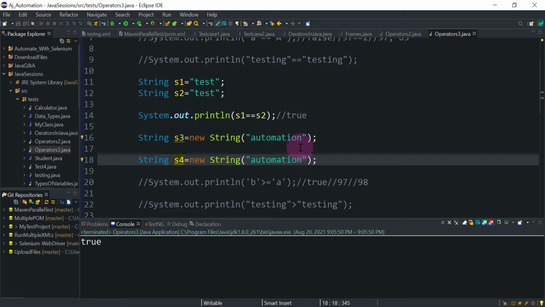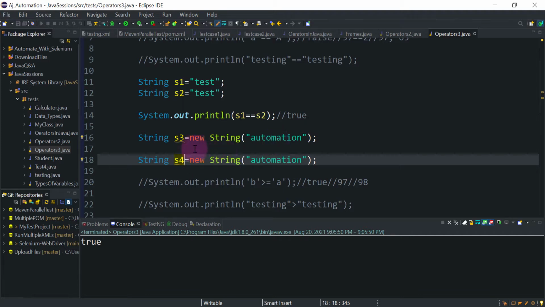So this is also having same content as automation, but in this case, as we have used the new keyword, every time you use a new keyword to create an object, a separate object will be created. So here we will get two separate objects, having content same, but these are two separate objects.